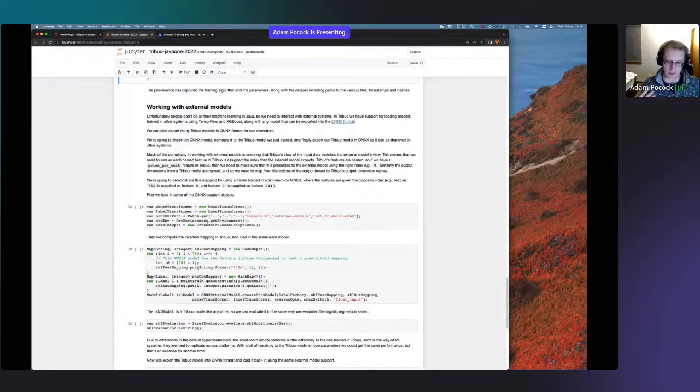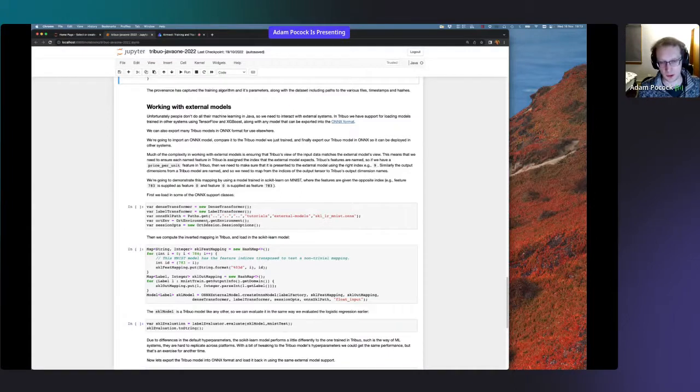When we want to deal with these external models in Tribuo, Tribuo has quite a different view from them, right? As I said before, a lot of these systems expect to get a float array and emit a float array. If we want to make that work in Tribuo, we need to tell Tribuo how to deal with those float arrays and how to interact with them. We do all this automatically for the models that are built by Tribuo.